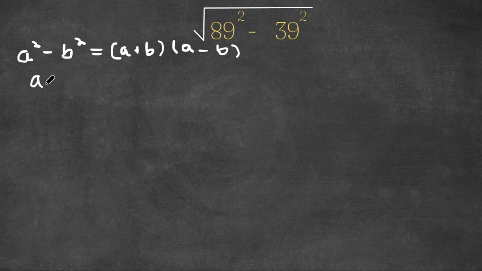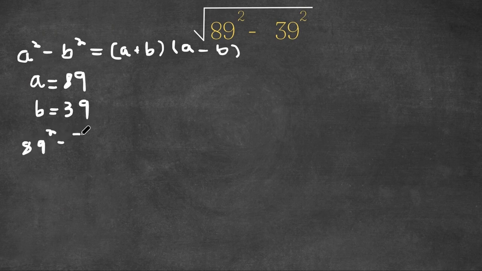So a here, this is equal to 89, and b, this is equal to 39. So that means that 89 squared minus 39 squared, this is equal to